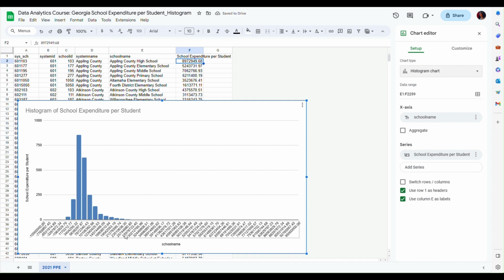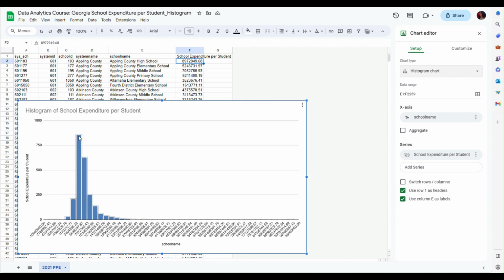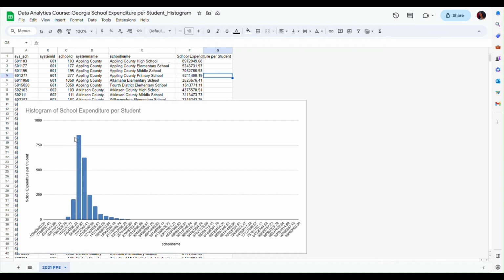Now a histogram condenses all this information, and it shows intervals within which values are located. And we can see that here the tallest bar is located here, and this shows where most schools are located within which values. And sometimes if we hover over this bar, we can actually see the interval, like we see here. For instance, 626 schools are spending between